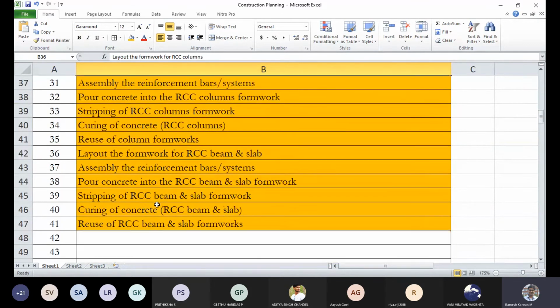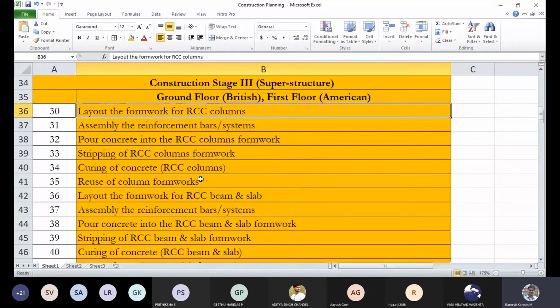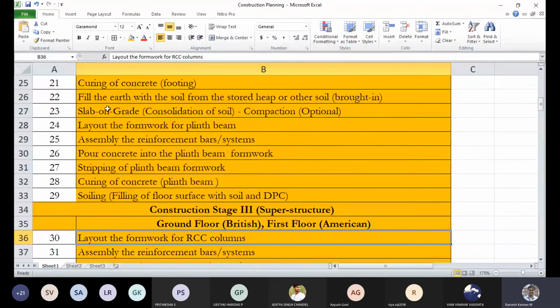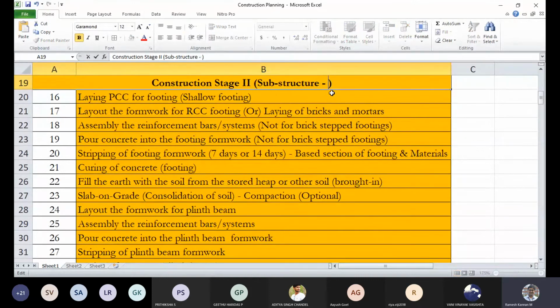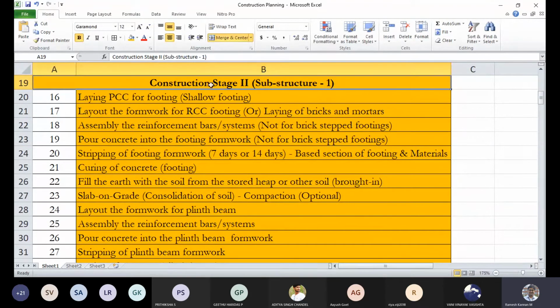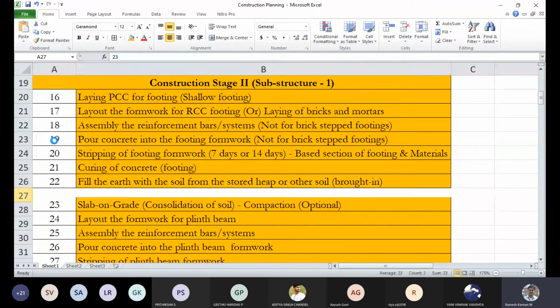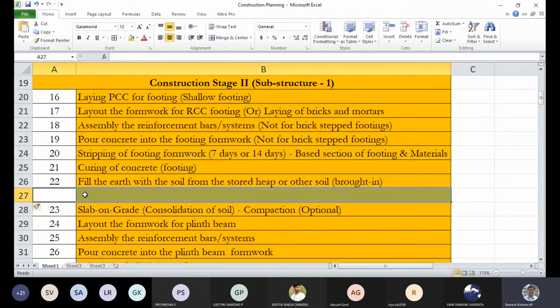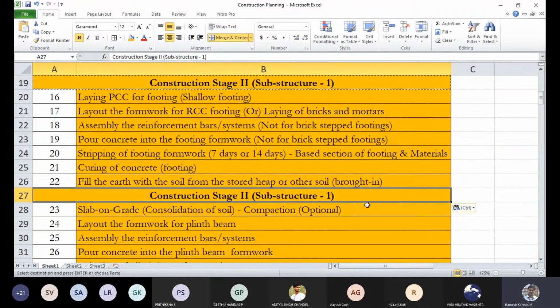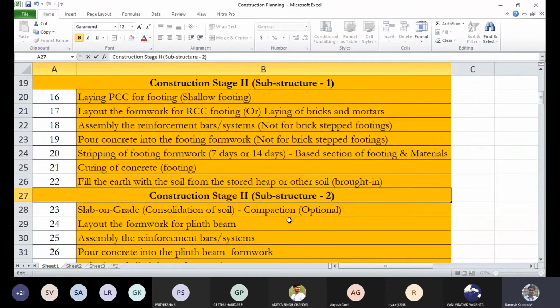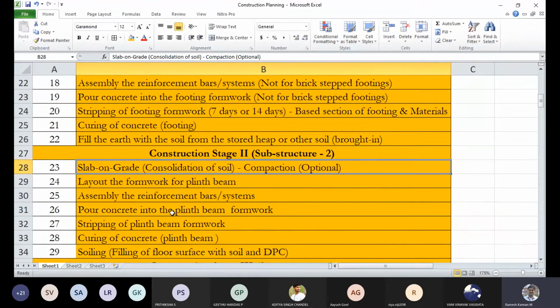Then this entire slab is ready, and here probably you can see the slab filling, the curing of concrete and something like that. Here, substructure, you can even call it substructure 1, and you can just put plinth beam, slab on grade. Okay, so insert, and you can even still call this construction stage 2, substructure 2, because sometimes this is a floor, so plinth beam